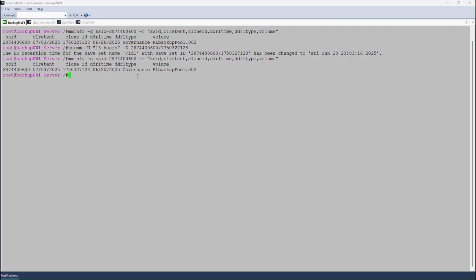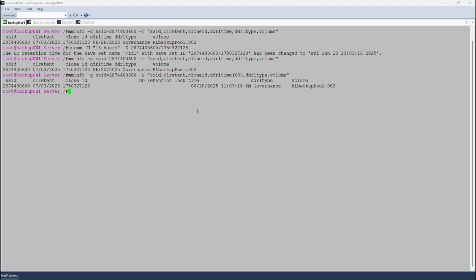Now it's the 20th of June. So any time after the 20th of June, this save set instance can be deleted from NetWorker. Here we see the new retention lock time in NetWorker set to the 20th of June at 11:03 p.m. After that time, so after the 20th of June, we can now go back into the NetWorker Management Console and